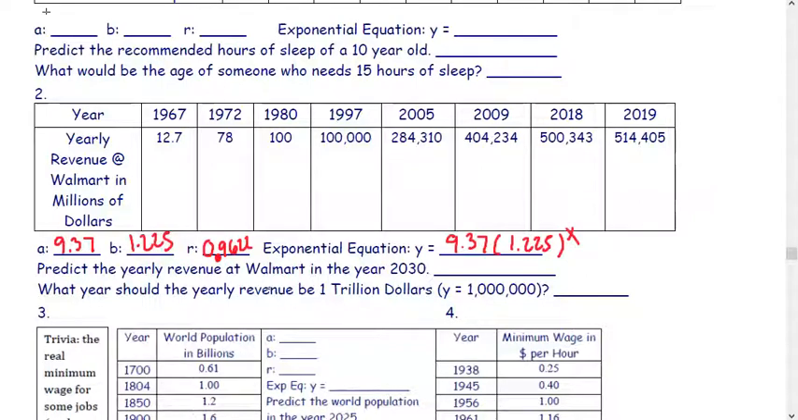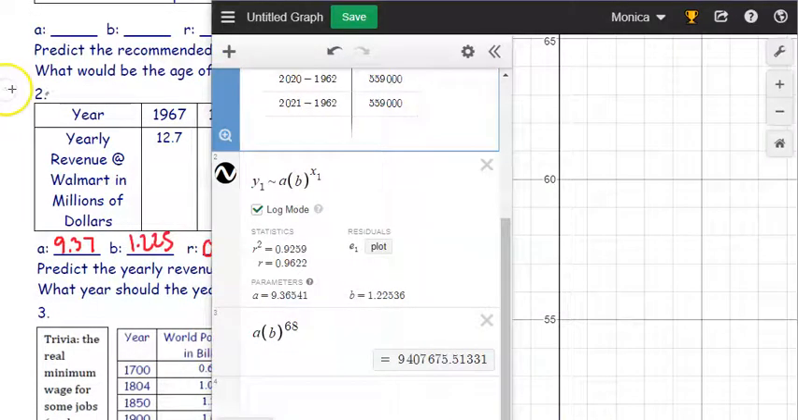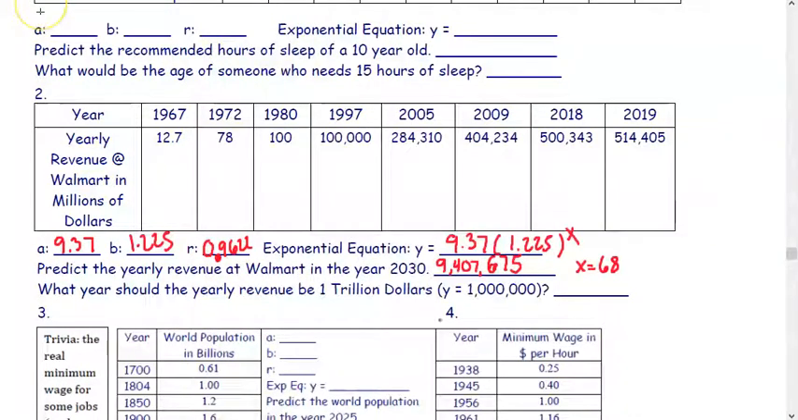Predict the yearly revenue at Walmart in the year 2030. You would let x equal 68 for this because that was 68 years since their opening date. So when we evaluate this at 68, we get 9,470,675.51331. So write that down. Okay, it says, what year should the yearly revenue be $1 trillion when y equals 1